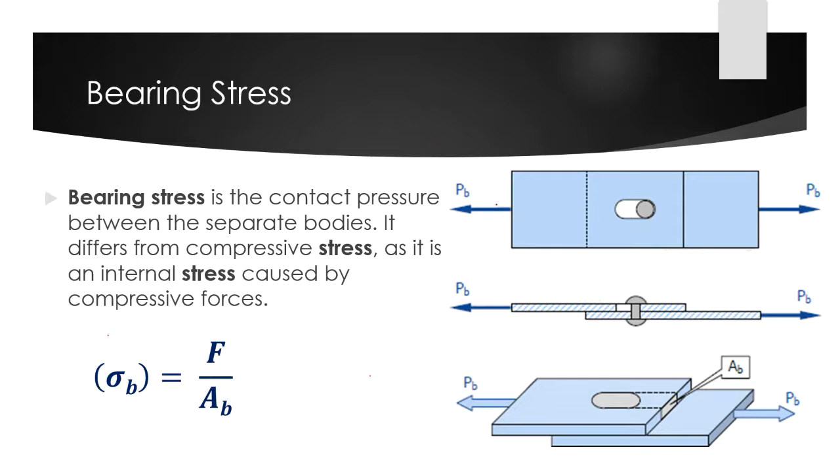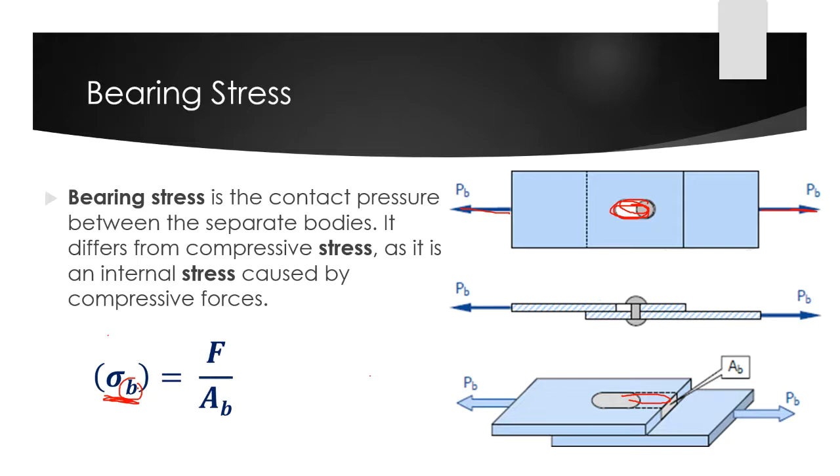So as you can see from here, this is what we call the bearing stress, because if there's a pull of some forces acting on the object, there is a bearing that is happening, or there might be a tear from our planes. Okay, so we still have to use the same formula,